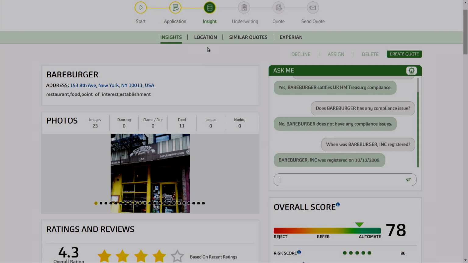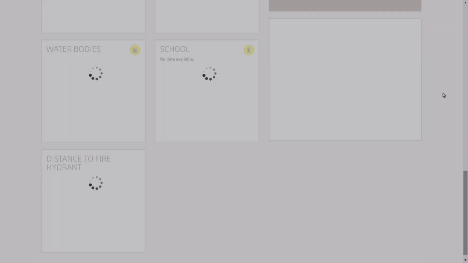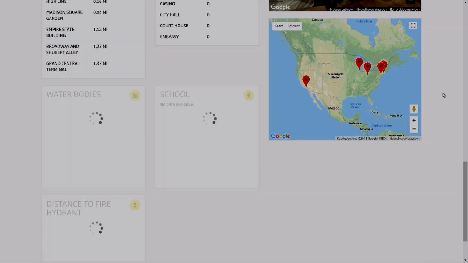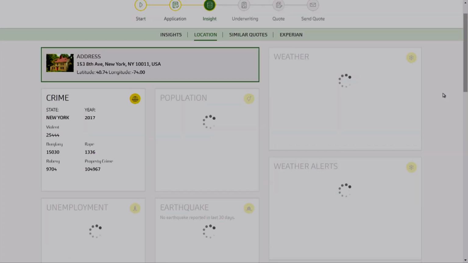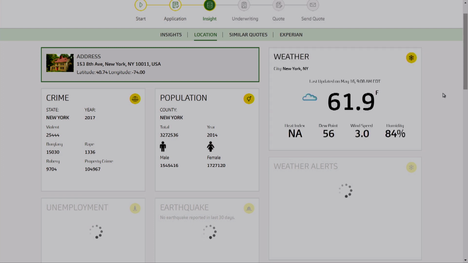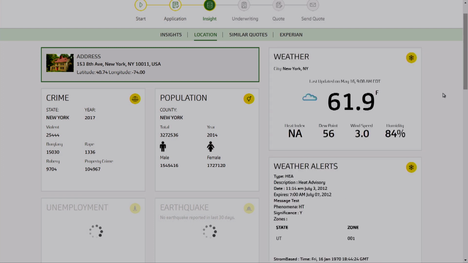Once you've got that and you've decided to go through that, you also have at the top here the location tab, which will give you information about weather, points of interest, other things that are going on near there. We also have a tab on the right for a partnership we've done with Experian. There's a whole lot of data that you can grab through that. We can't go through that right now, but once you get to the point, go back to Insights and then